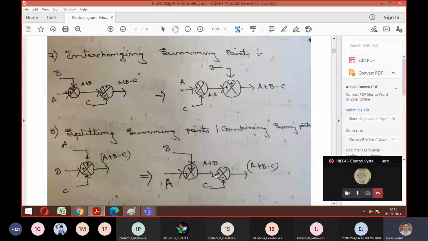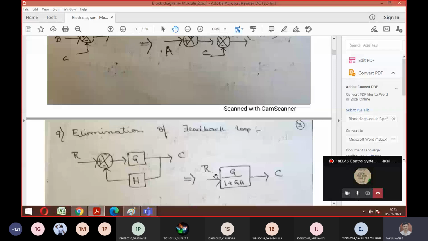So after knowing the splitting of summing point, the last major thing to be known is this. This is very, very important with respect to your feedback loop. I hope everyone went through the concept called closed loop system at the beginning. The classification of your control system into the 2 types we went through, open loop and closed loop. I hope we differentiated clearly between open loop and closed loop. Can anyone give me a few real-time examples for open loop and closed loop?